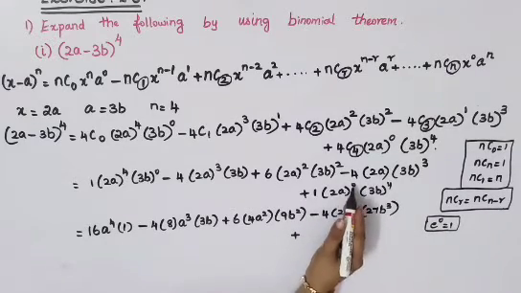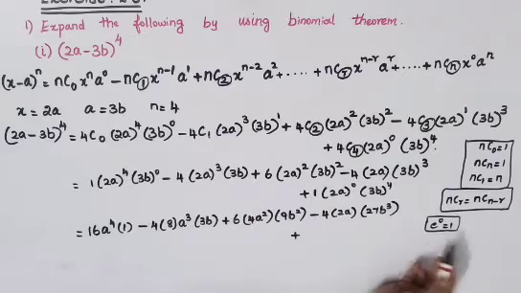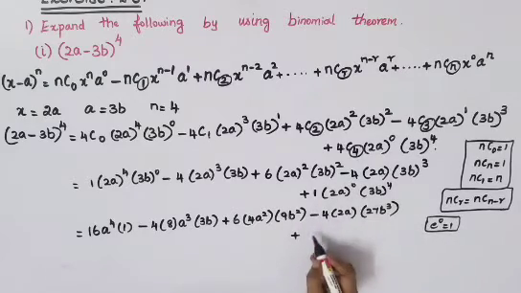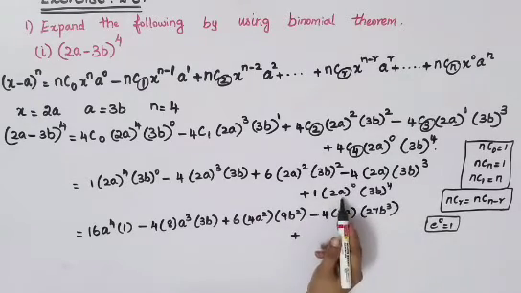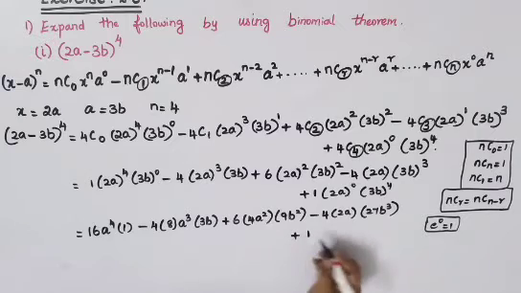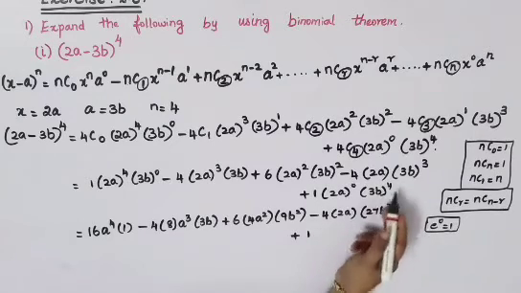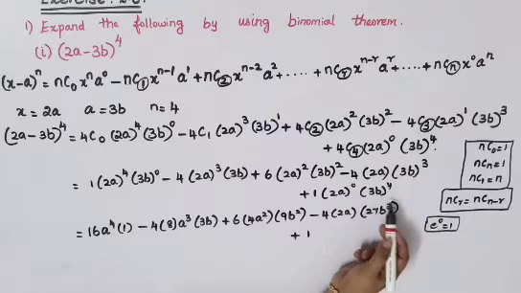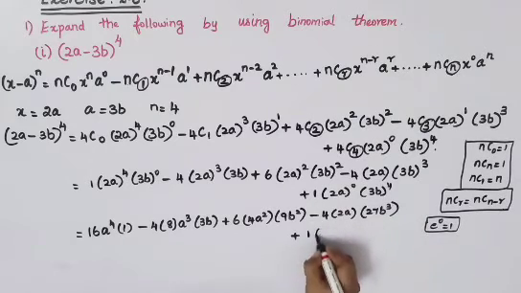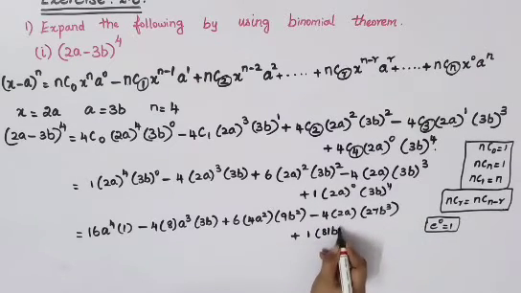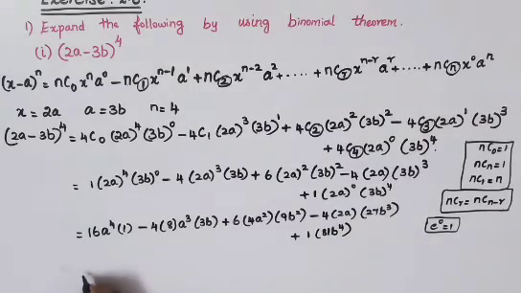plus your last term is (2a) power 0, again a power 0 is 1, so you can replace (2a) power 0 as 1, already 1 is there, again one more 1 will be there, so just write 1 into 1, (3b) power 4. Okay, so 3 into 3 into 3 into 3 you will get 81 b power 4,